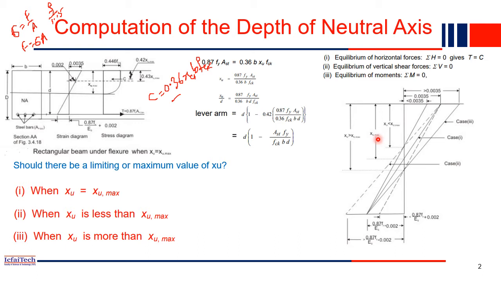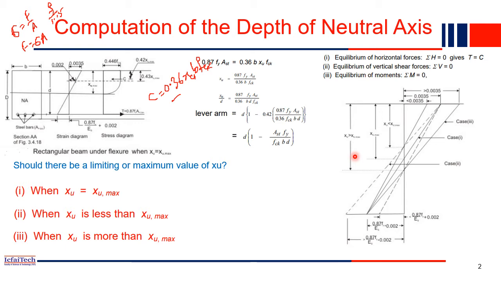Our structure may collapse gradually, meaning it will give sufficient time for those who are using the structure to safely evacuate, and then the structure should collapse. In no case should our structure collapse immediately or suddenly. It will give sufficient time to evacuate the structure. So now you understood, right?